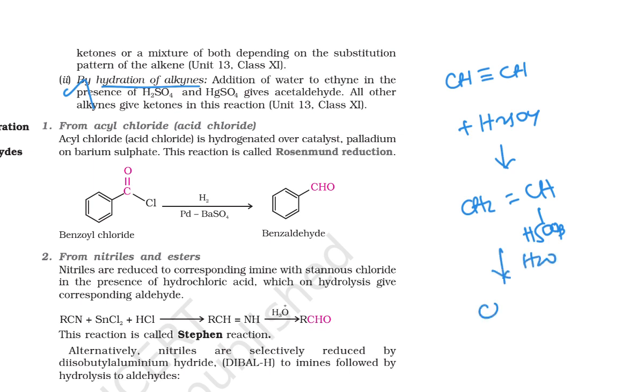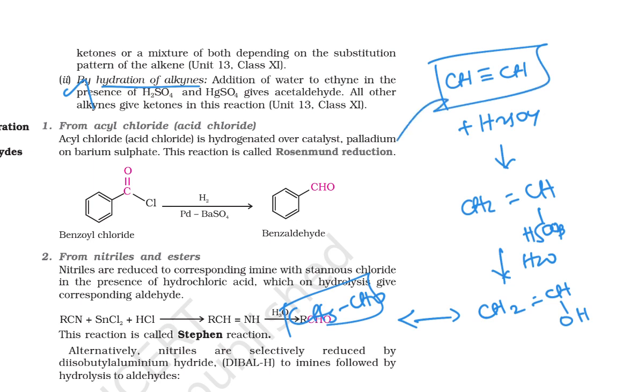At that time there is a formation of vinyl alcohol. It undergoes keto-enol tautomerism. Your product is your aldehyde. If I am taking only ethyne, then only I am able to get this aldehyde. So from the alkynes, the only one molecule we can convert into aldehyde by this reaction